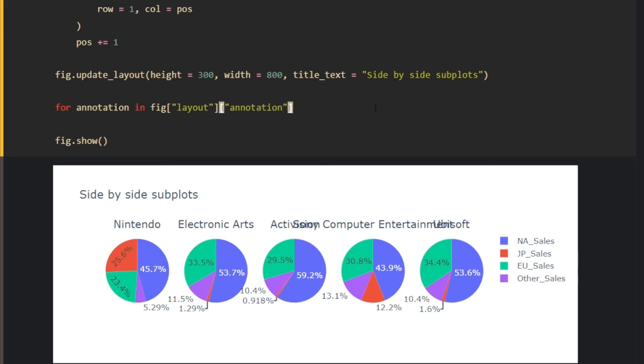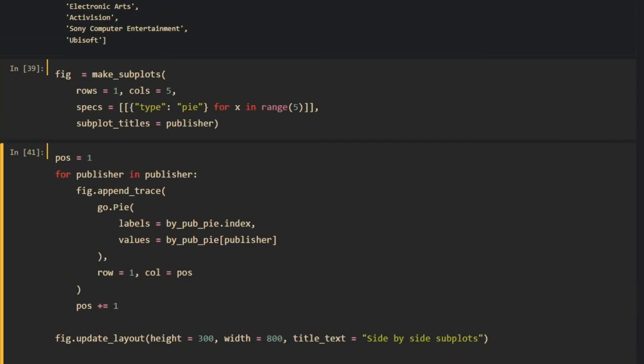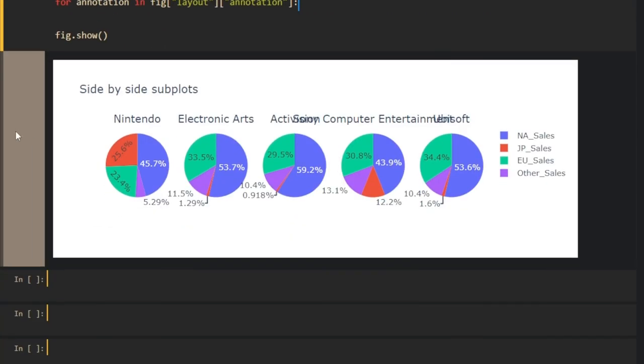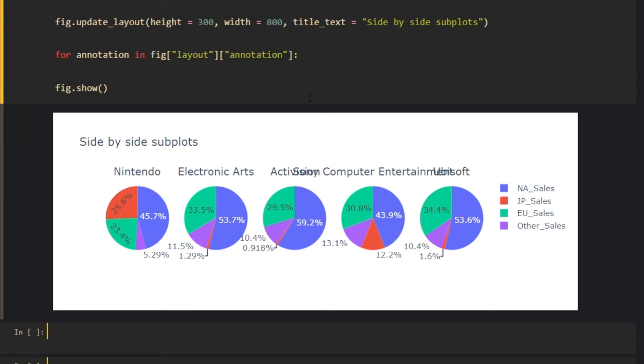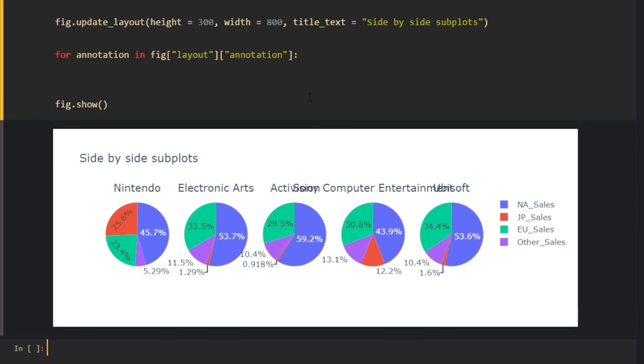So you can loop through all the items of your subplot, and access the parameters of those subplots and different items within them. And here we're accessing the annotations, which are actually their title in the end. And so here we're going to do an annotation, and everything's working as a dictionary there because of the data structure. So it's a y anchor, and we're going to say that it's a bottom,